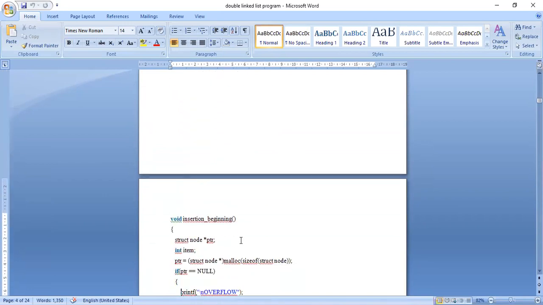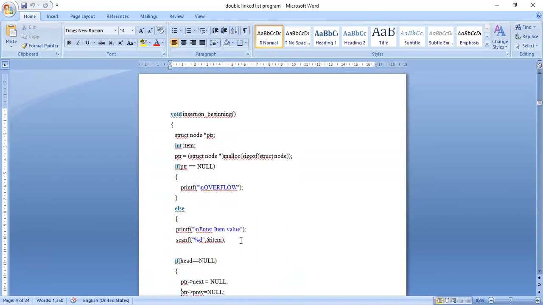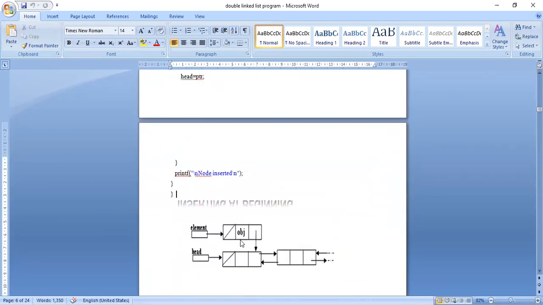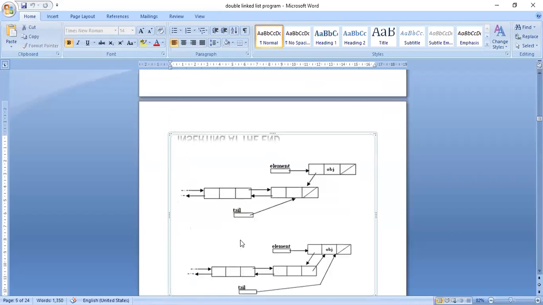Okay. Now we will study the first option, that is inserting a node at the starting of the linked list. Okay, you can see the diagram. So this is the diagram.